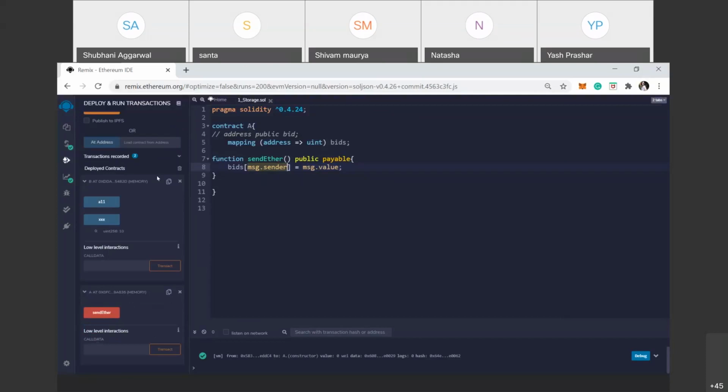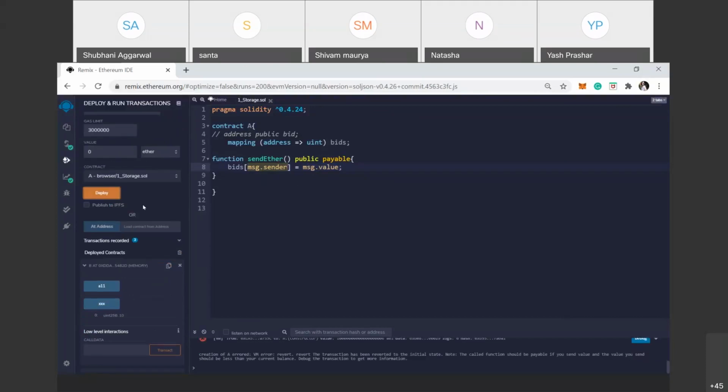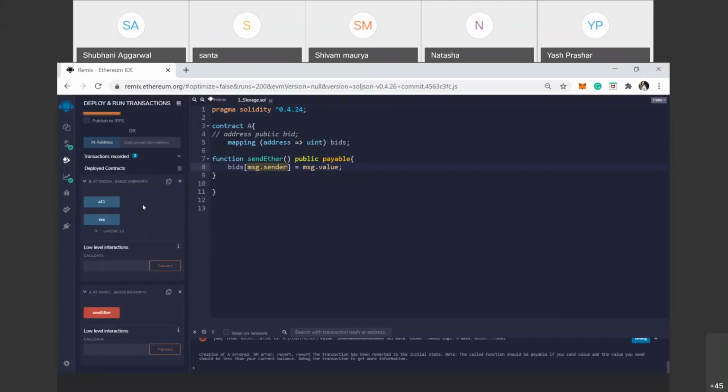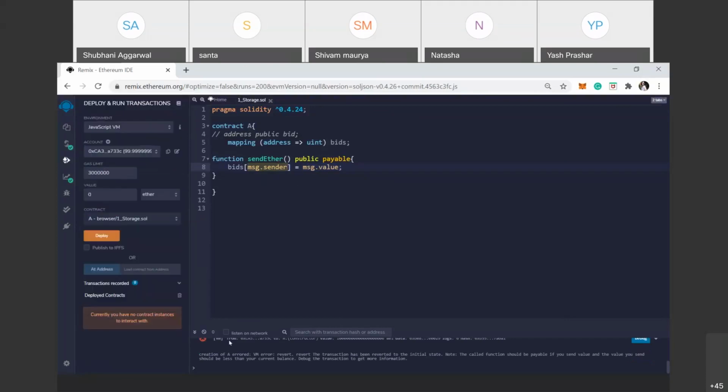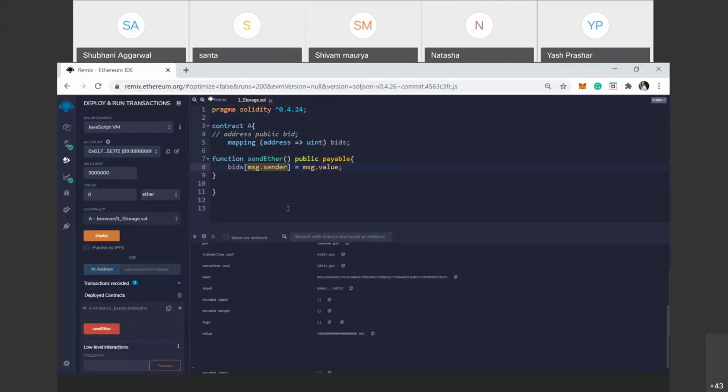So here if you deploy this, sorry, I had to send ether. One more time we deploy this contract. Here we choose another address and want to send 10 ethers, and send ether. It is mined successfully.